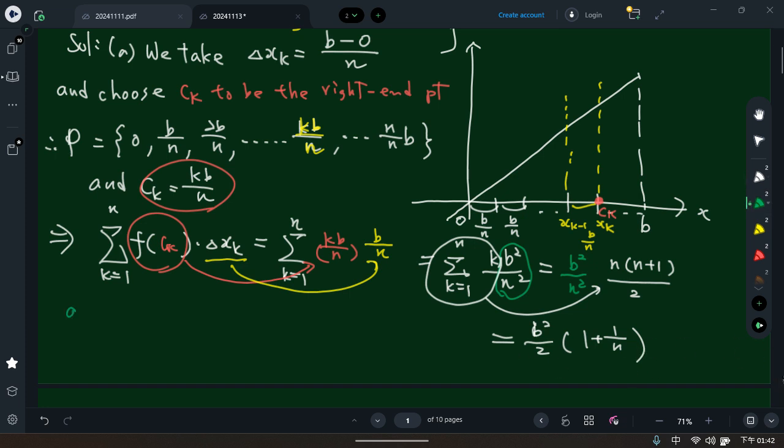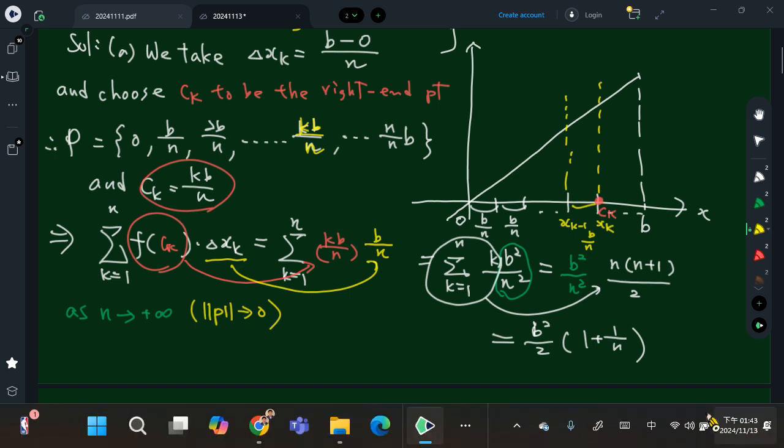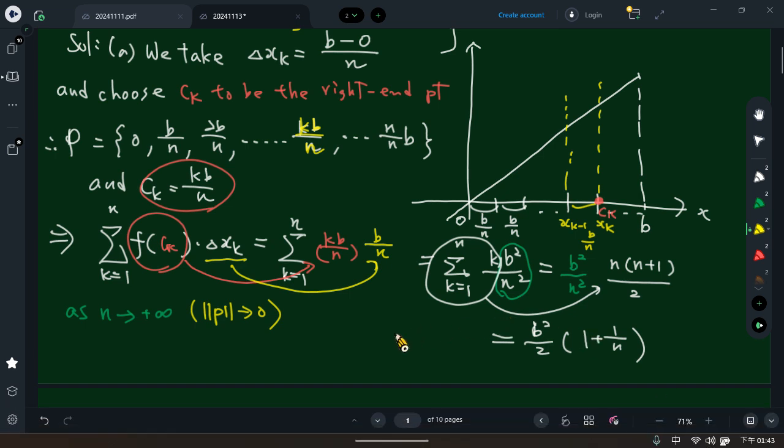So as n is approaching positive infinity, that means even though it's an equal partition, I try to make it into an infinite number of pieces. So n is equal to positive infinity, because we are trying to make the norm of P equal to 0. When we force the norm of P to approach 0, one possibility is we force n to approach positive infinity, right? So that we can see